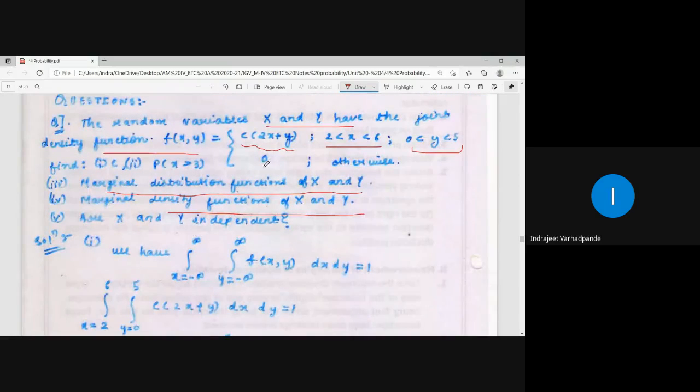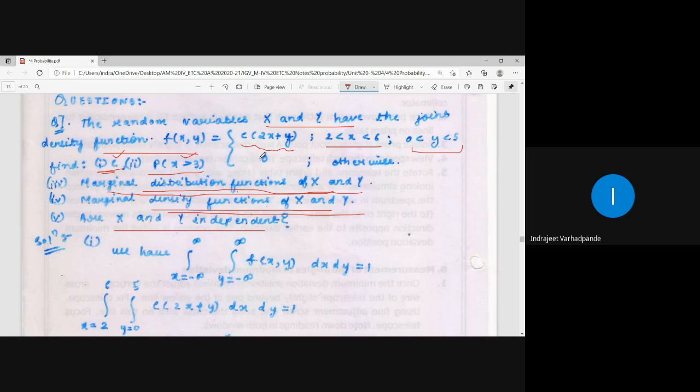What have I been asked to find? I have been asked to find value of c, probability for x greater than 3, marginal distribution function of x and y, marginal density function of x and y, and whether x and y are independent. Right, now we have seen the different cases for marginal density function, marginal distribution function. Additional thing what we have to calculate over here is value for c and value for probability x greater than 3. Let's see. As this is a joint density function which refers to the case of continuous random variable, I